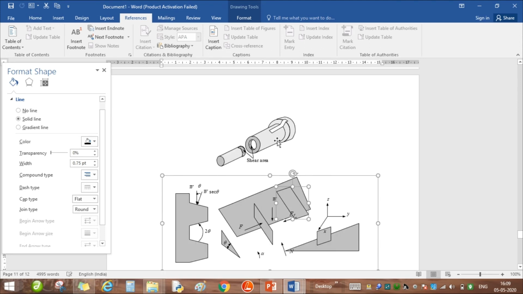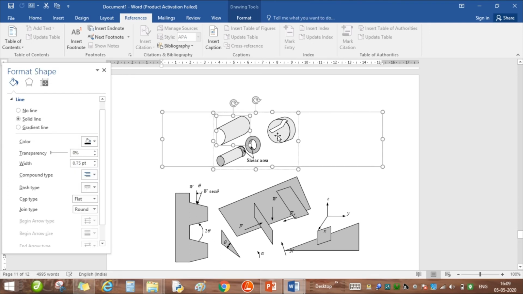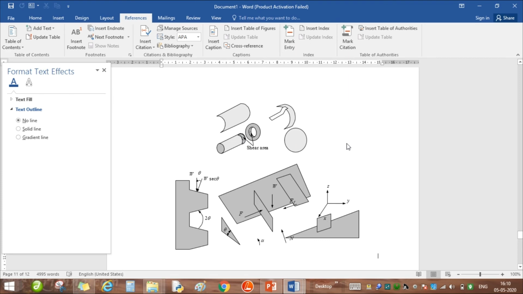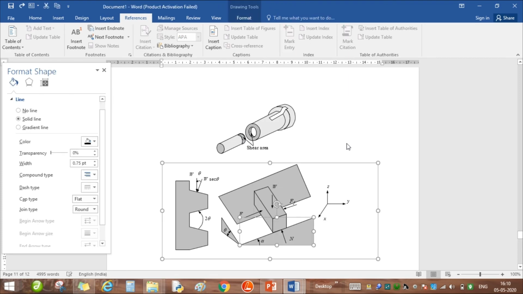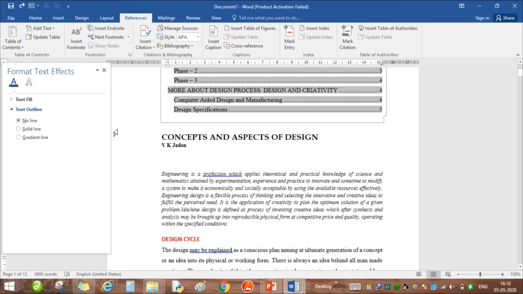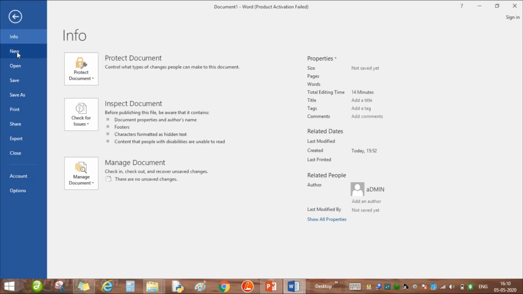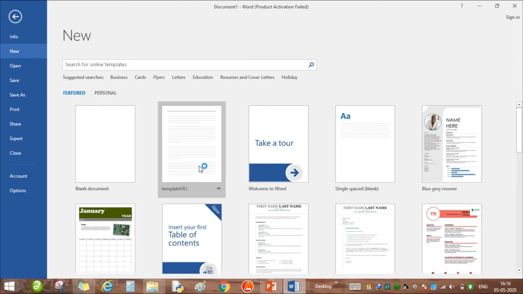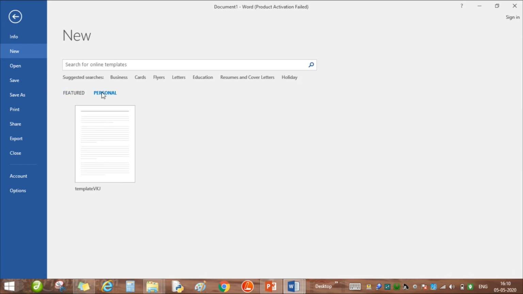And similarly, this image, you see how this image is created using only 2D. We have 3D features as well, so these are only using 2D, so you can have good drawing features as well. Another important aspect that I want to cover in this session is creating a template. If you see, when you do not have any template, these two links you will not get. This personal link you will get only when we create one template.